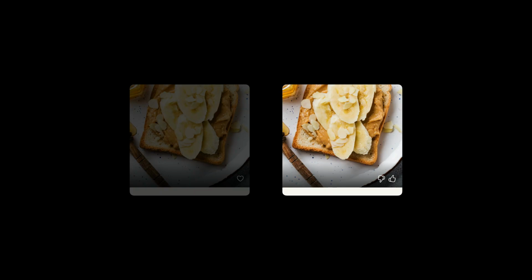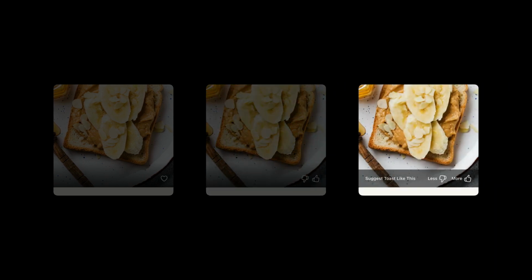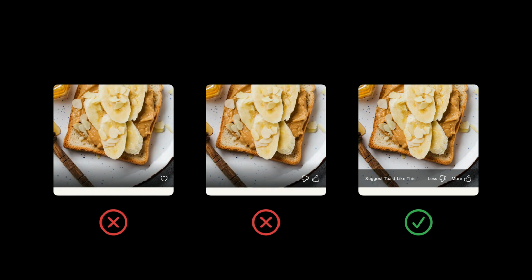So we try even harder to be clear and upfront about the consequences. Using the label suggest toast like this has clear consequences because suggest is a term that is much more closely associated with recommendation engines. Now, by just looking at the screen, you know what will happen after tapping the button: suggest less. Future recommendations will be adapted to show less banana toast. Communicating how your system works, where you can interact with it, and what will result from a personal action is crucial if you want people to easily discover how to give useful feedback.